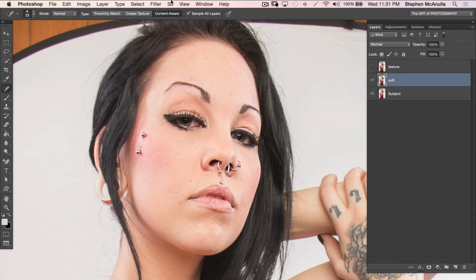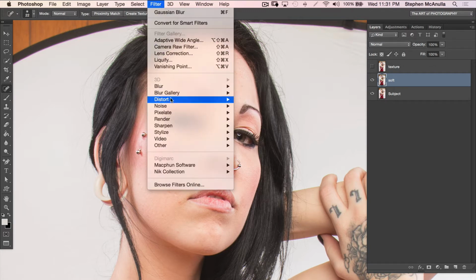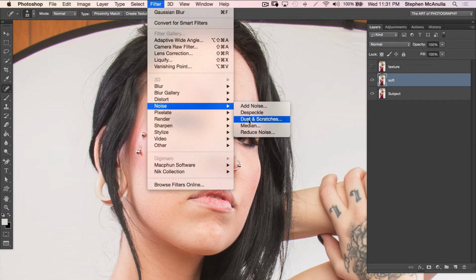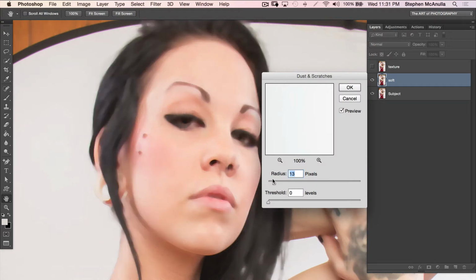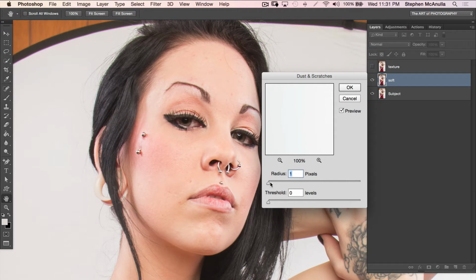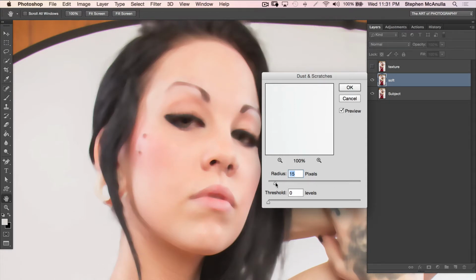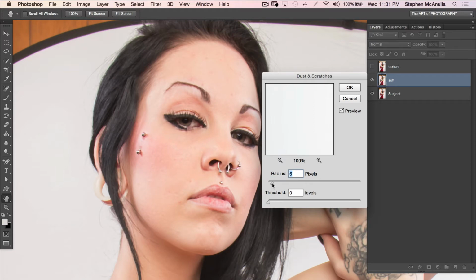and I'm going to go to my soft layer, go up here to filter, and we're going to go to noise and dust and scratches. And this is not the only way you can do this. You can use dust and scratches, or you can use Gaussian blur. I've gotten really good effects with both of them. Dust and scratches tends to smooth out the complexion a little bit better. I like using it. You don't want to make things bleed too hard, like the eyes bleeding way into the